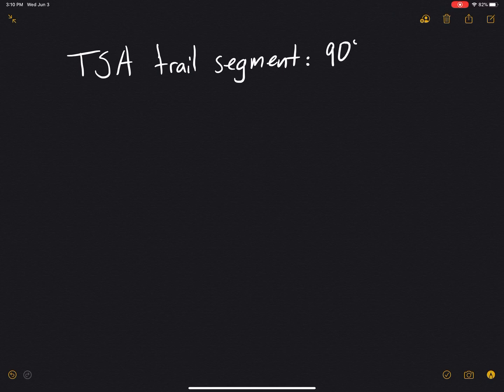So, for TSA, for any given point on the trail, and a short trail segment, 10 meters, something like that, is kind of functionally equivalent on a map scale to a single point on the trail. So each trail segment, we want it generally, if we can, to be between 90 degrees,